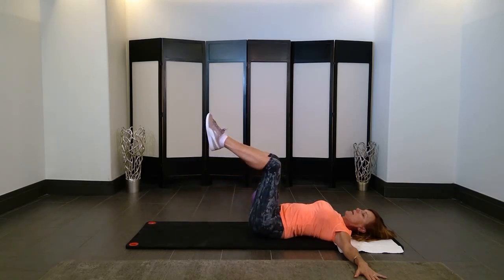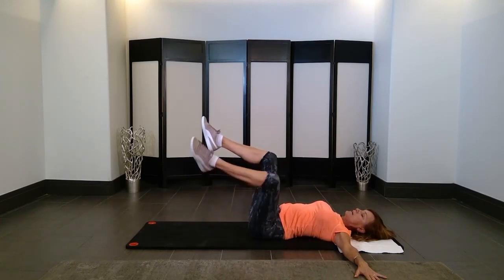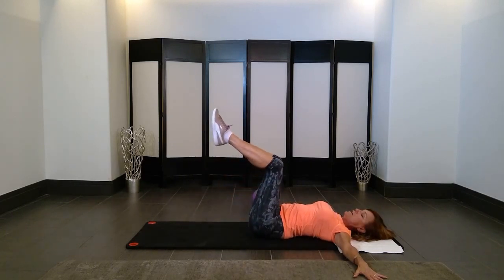And exhale as you go to the side. Inhale as you return. And then exhale again. And inhale. You can stay here, or if you are up for a little bit more challenge,